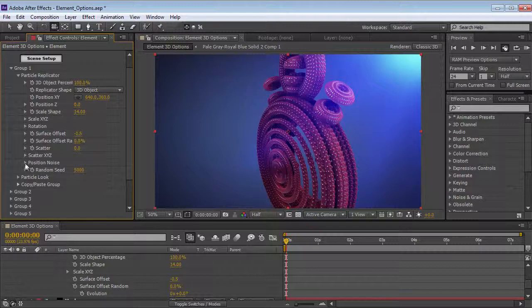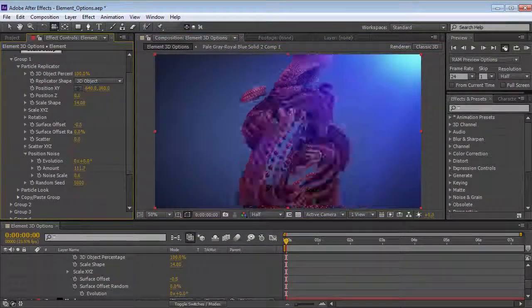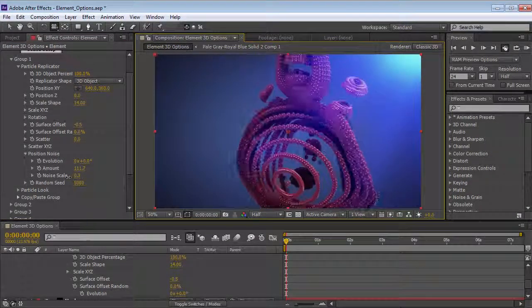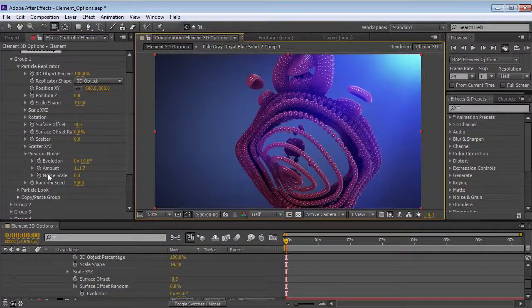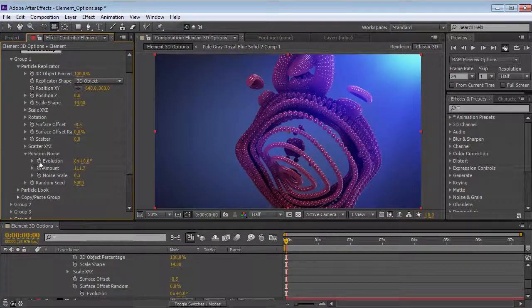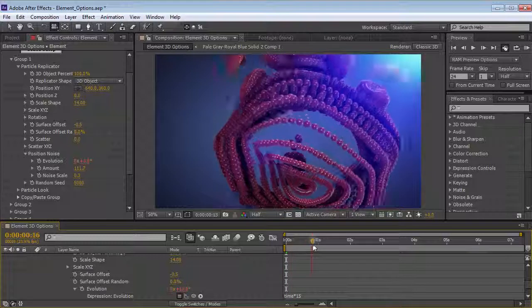Now, position noise, which we took a look at. Position noise works based on the position of objects. So if we turn the amount up, we're going to see some crazy warped clocks, and we can change the noise size. The smaller the size of the noise, the more wobbly it looks, or the softer it is. We can also add a little bit of evolution, which will animate it. So if we added an expression, like alt-clicked and said time * 15, we're going to create maybe a little